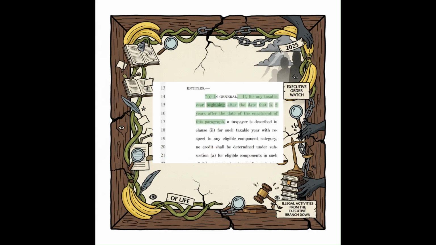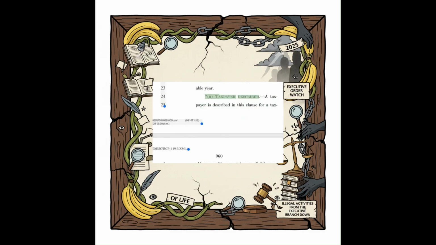If, for any taxable year beginning after the date that is 2 years after the date of the enactment of this paragraph, a taxpayer is described in clause for such taxable year with respect to any eligible component category, no credit shall be determined under subsection for eligible components in such eligible component category for such taxable year. Taxpayer described. A taxpayer is described in this clause for a taxable year